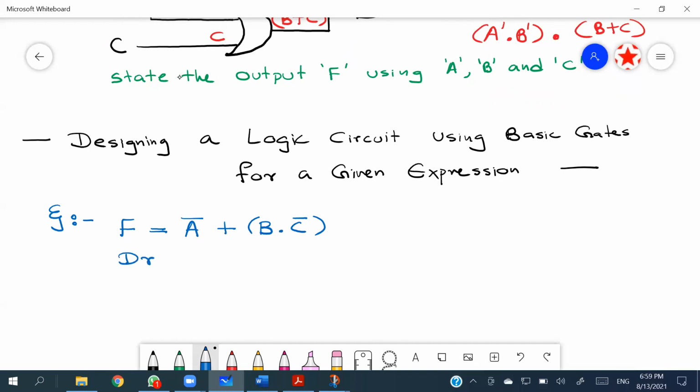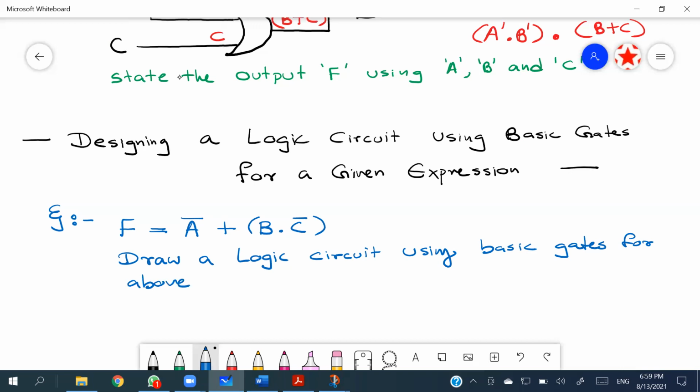And the question I'll write: draw a logic circuit using basic gates for the above expression. Right. So once you are given that,